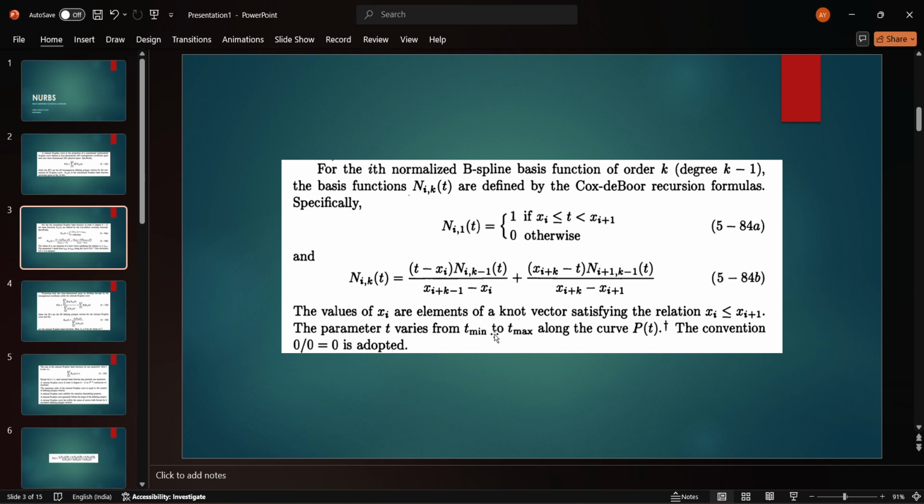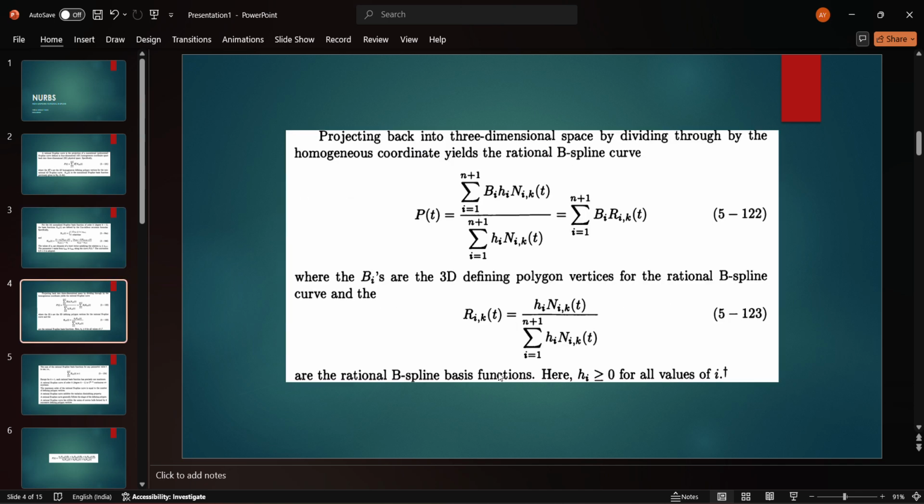Here the values of xi are the elements of a knot vector satisfying the relation xi less than or equal to xi plus 1. The parameter t varies from t minimum to t maximum along the curve P(t). The convention 0 by 0 is equal to 0 is adopted. Now projecting back into three-dimensional space by dividing through by the homogeneous coordinate yields the rational B-spline curve, which is